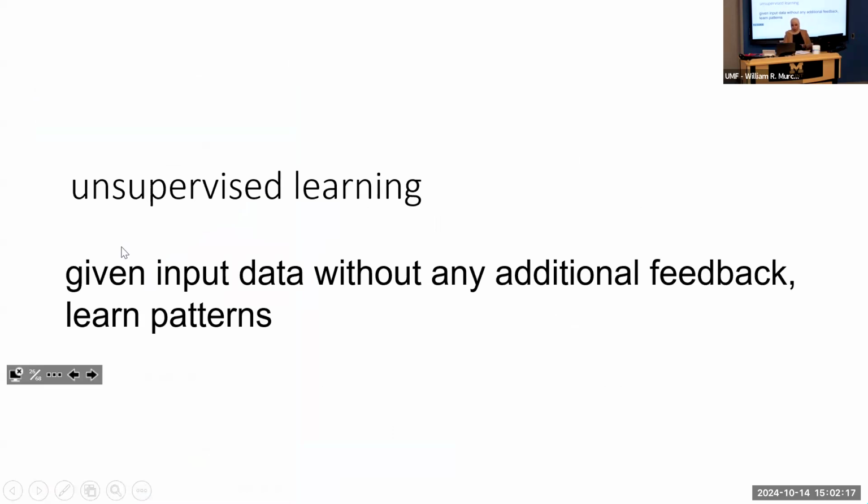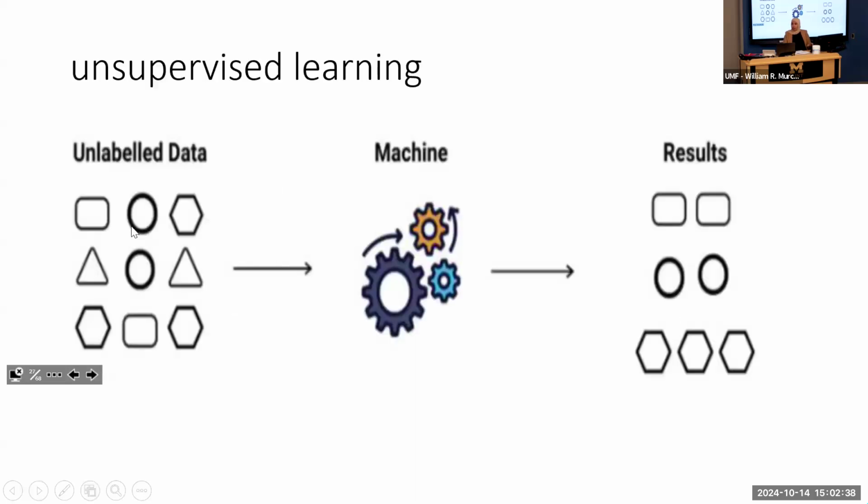to understand unsupervised learning because it's the opposite. If in the first case we already had the label or the class, this is why it was called supervised. Now in this case, we are going to have our data, but without any additional information, without any additional feedback. And the main thing is we are going to learn patterns. So the main difference is we have unlabeled data, which means we do not have labels. I don't know if this is a circle or a triangle or whatever.